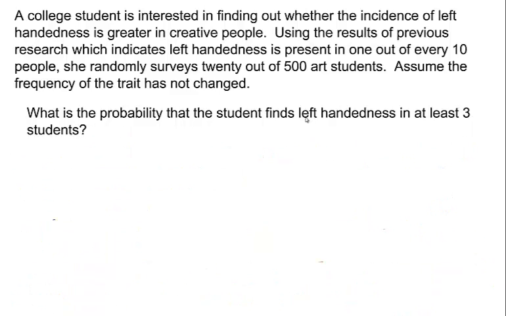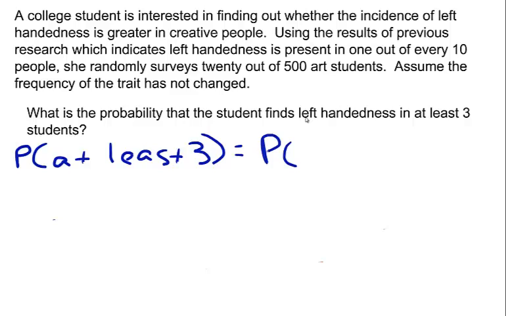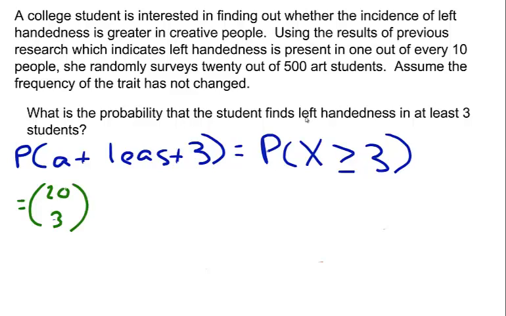Now suppose we wish to determine the probability that the student finds left-handedness in at least 3 students. That is, the probability of at least 3, which we can write using this notation, probability that x is greater than or equal to 3. We begin by setting up our formula. 20 students altogether, where 3 have the left-handedness trait, times our probability of success, raised to the 3rd power, times our probability of failure,